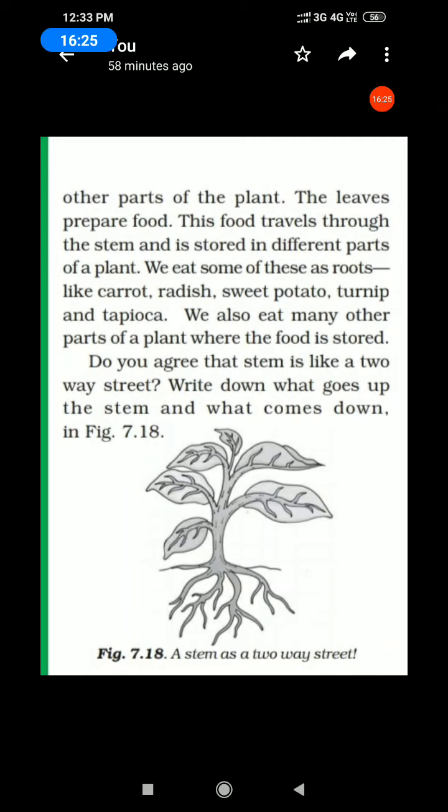We eat some of these as roots, like carrot, radish, sweet potato, turnip and tapioca. Underline the word. We also eat many other parts of the plant where food is stored. Listen, do you agree that the stem is like a two-way street? Write down what goes up